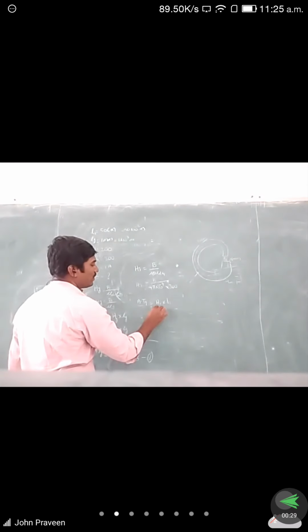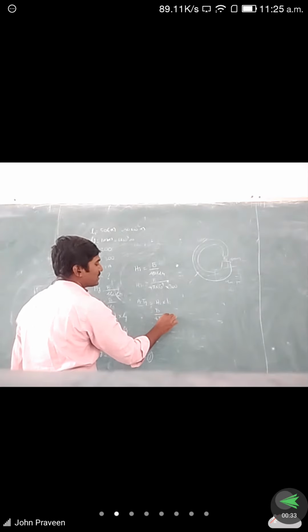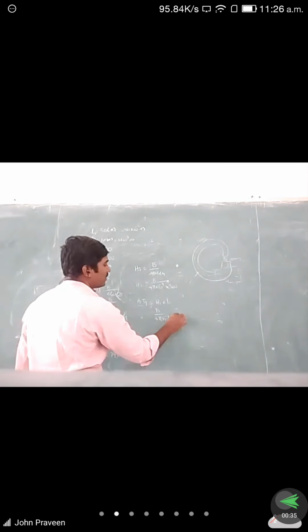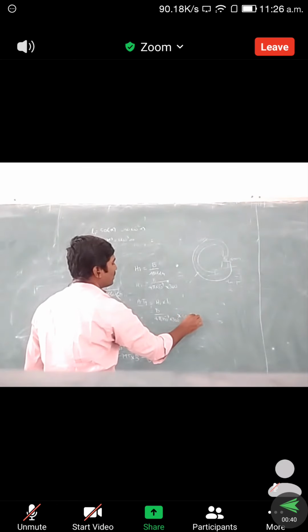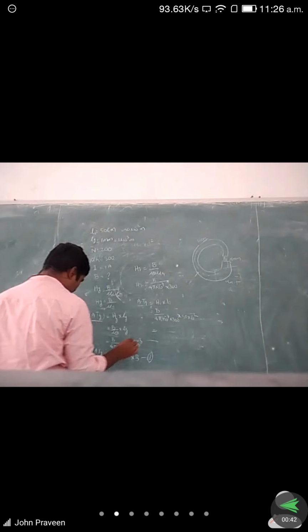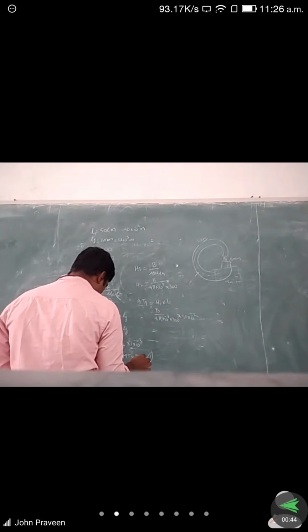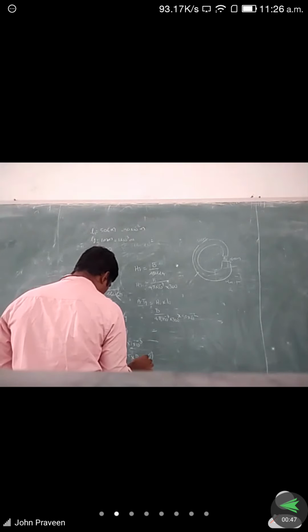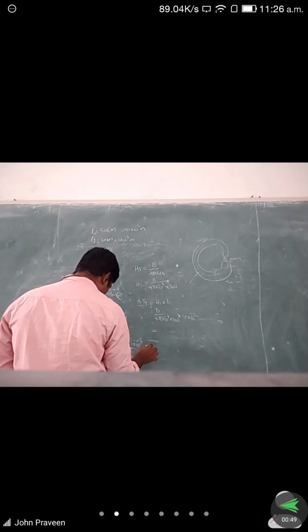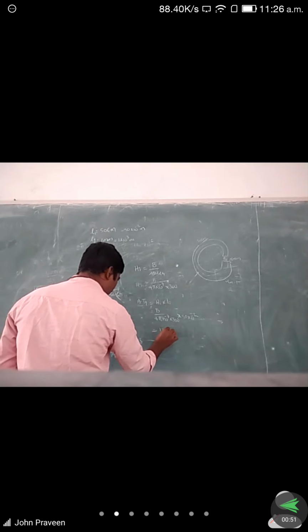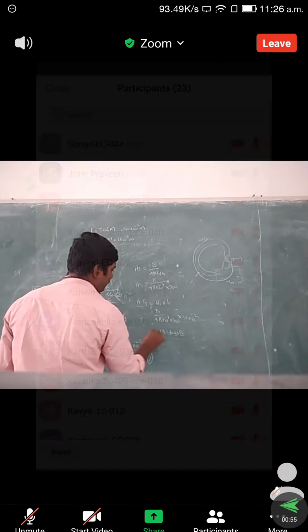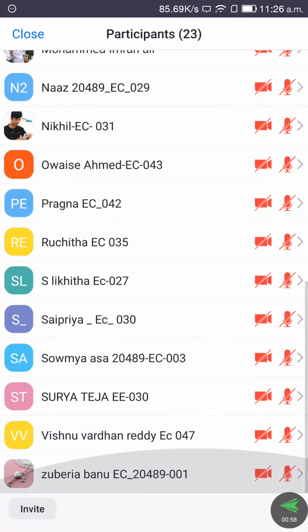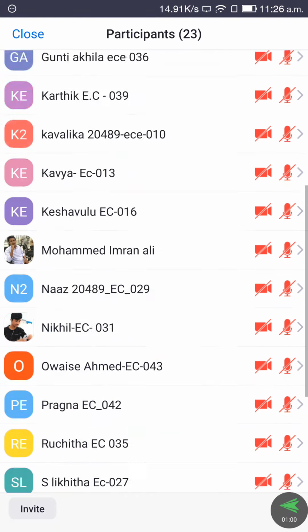So what is the H_i value? B by 4 pi into 10 to the power of minus 7 into 300, into that value 50 into 10 to the power of minus 2. If we simplify, finally we get a value equivalent to 1326.3 into B ampere turns for iron. So this is equation 2.